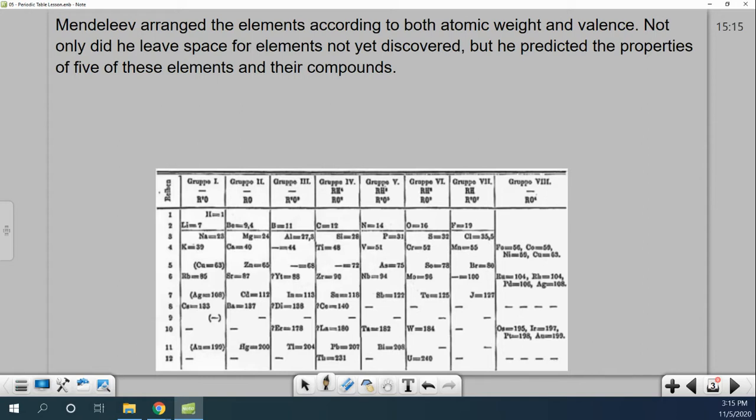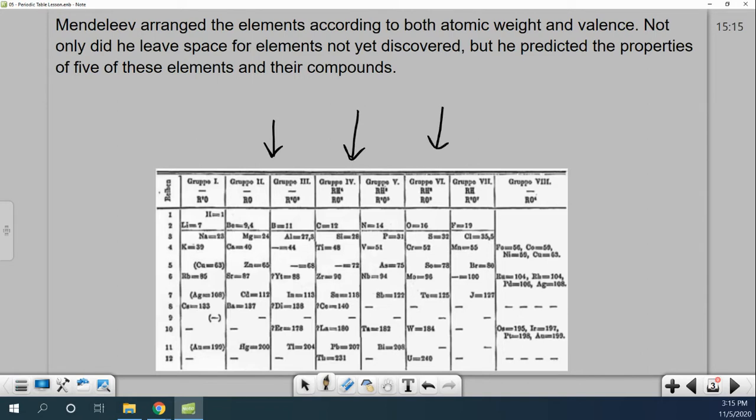So he arranged all these elements according to both atomic weight and their valence electrons. Now, I don't know if he knew it was valence electrons at the time, but that's what he was organizing them by: how many electrons they had in their outside shell. Now, the interesting thing is, as he kept organizing and kept revising this table,